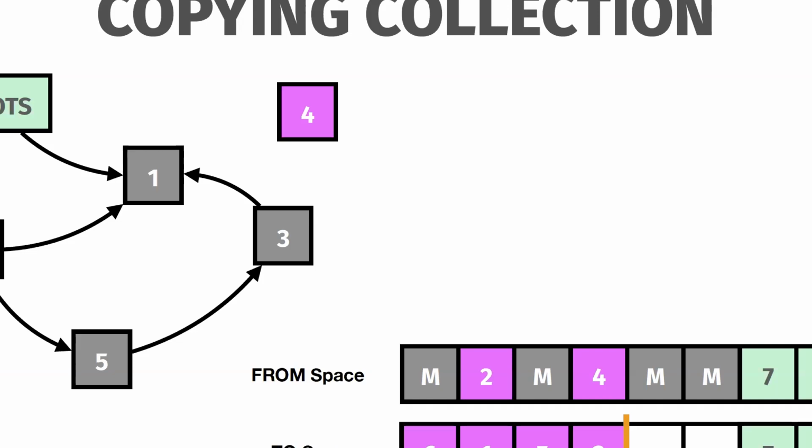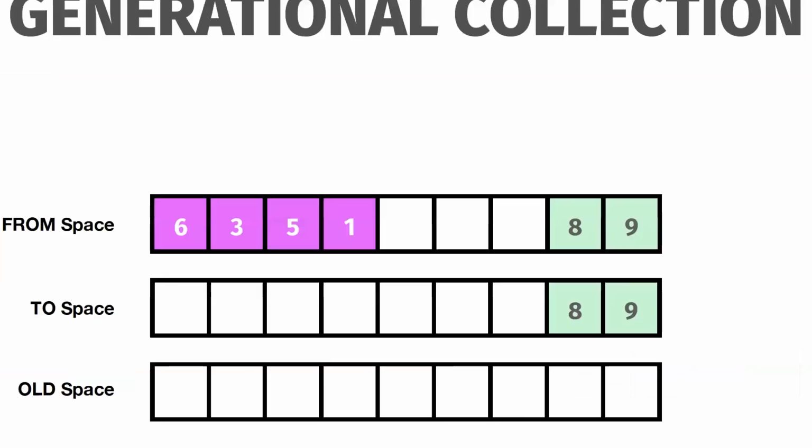Another one that the BEAM uses is generational collection. Like I said, they're all coming back. The BEAM uses basically all of these in one way or another. So let's imagine that this top row is what we have left after our first round of garbage collection. Because we've copied everything that was still alive over, we now